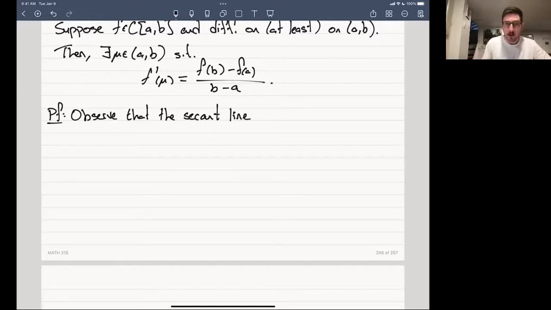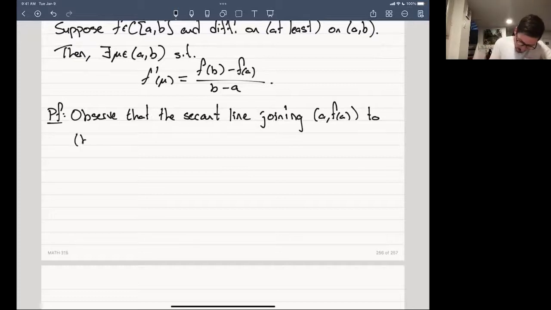The secant line joining this point, a comma f of a, to b comma f of b, well, this thing is described by the line,